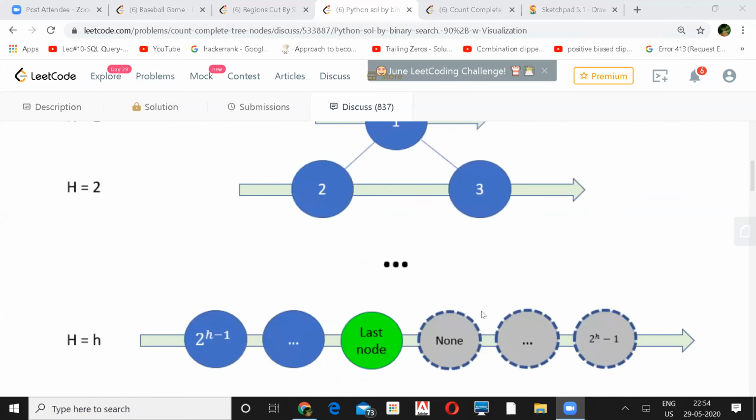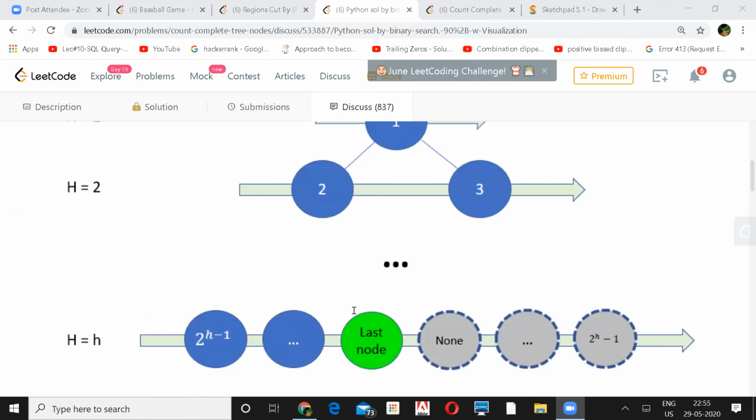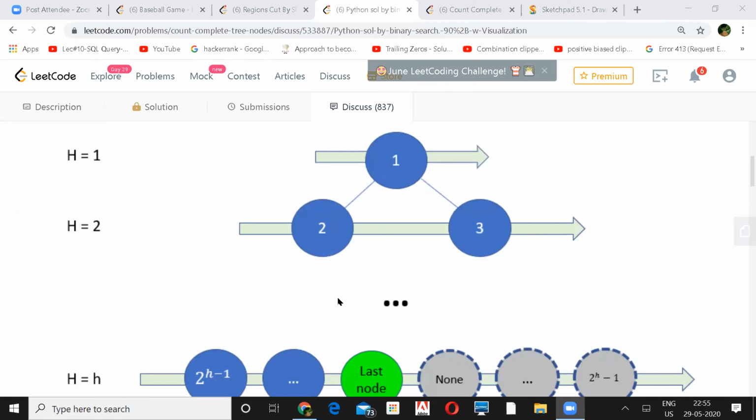So what is the complexity of this? So basically, log n square only. Log n square only. Same as yours. So basically, we are going towards one side, finding all the left what comes. Yeah. That's a good approach. It's the same, just a small thing. Just on the last level we do binary search. Yeah. That's cool. It's again out of the box thinking until and unless we see.